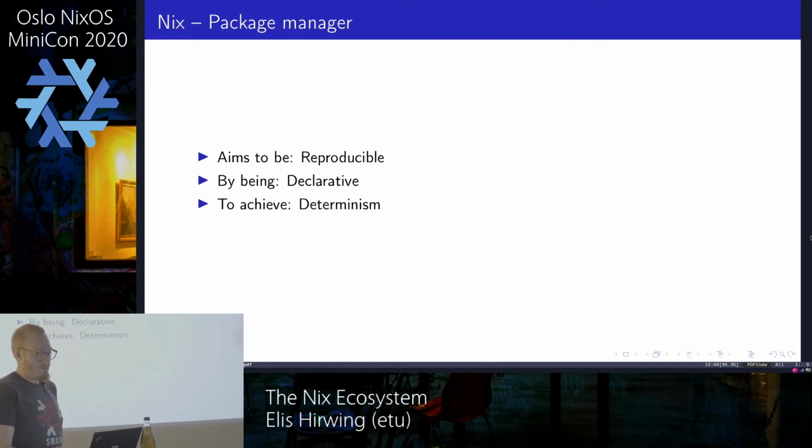And we have the package manager. It aims to be reproducible. But reproducibility is quite hard because some programs may do silly things like include the timestamp of the current time in the output of the build. That is not reproducible if I build it tomorrow.